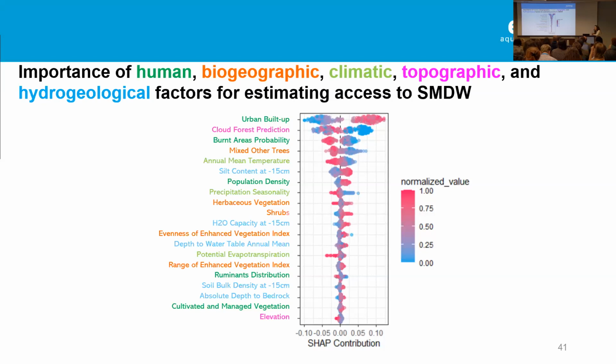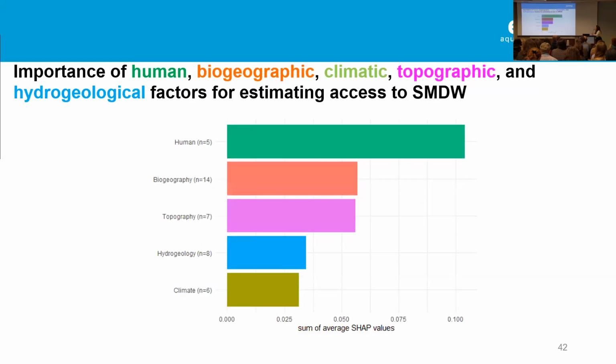This is also mainly hypothesis generating. So these are not causal relationships, but it's interesting to look at these trends. Some of them also confirm a lot of the analysis which has already been done by the JMP. With population density, for example, we see a similar trend. And then we see a lot of these other geographic indicators which help describe the location. And to summarize this on a very high level, we can see that actually the human factors which we included contributed the most to our predictions.